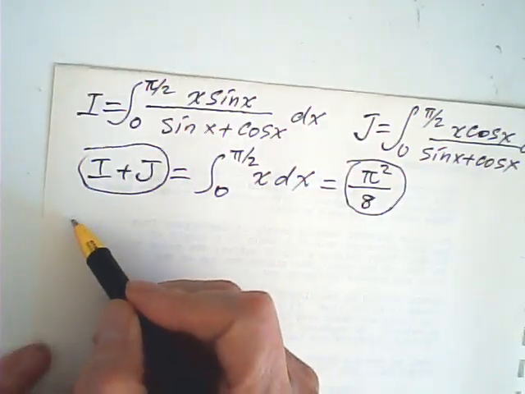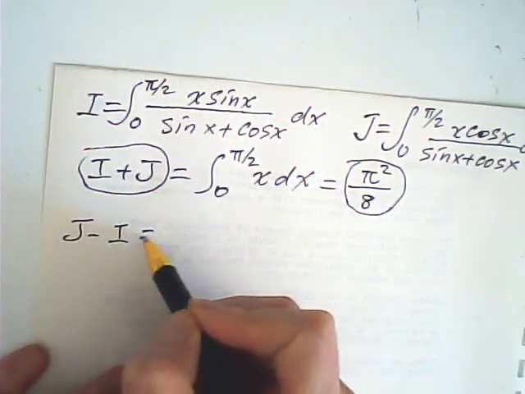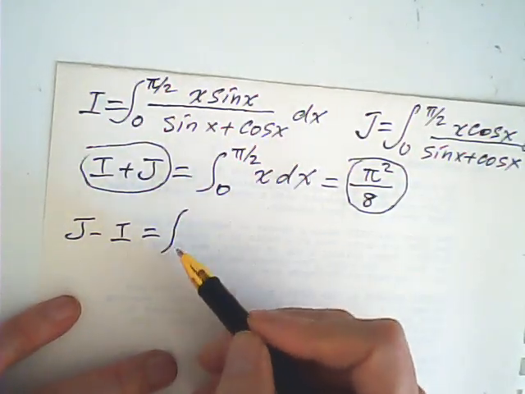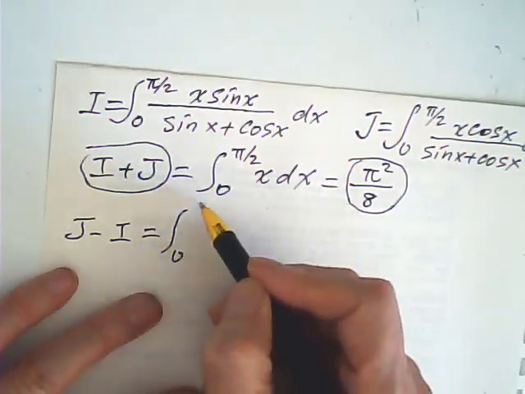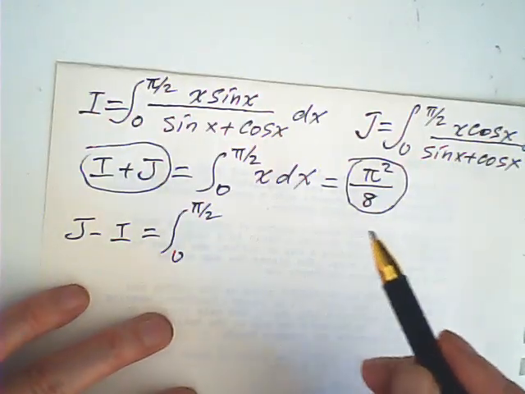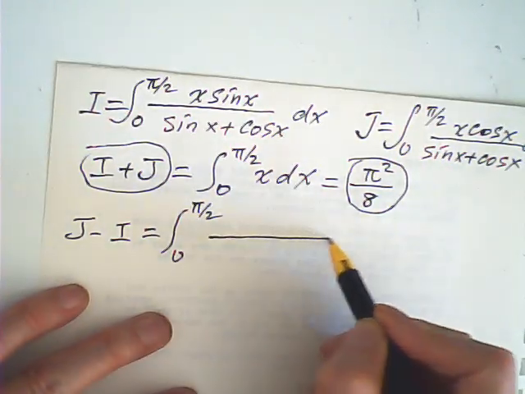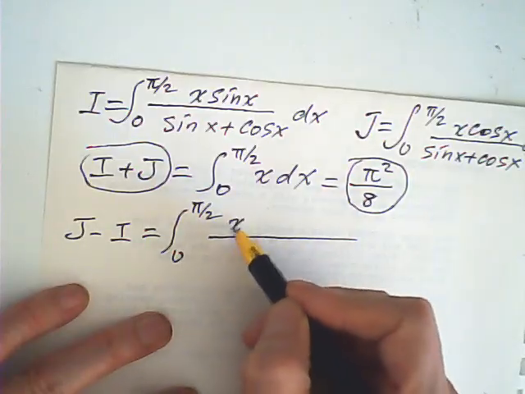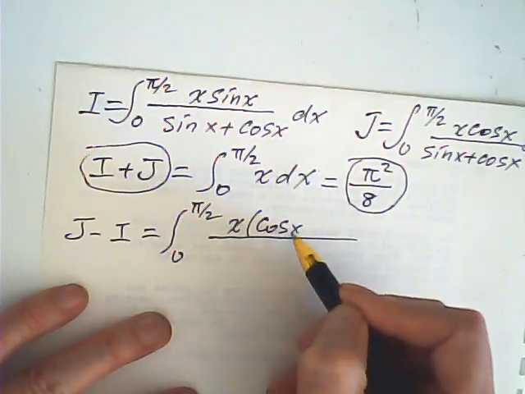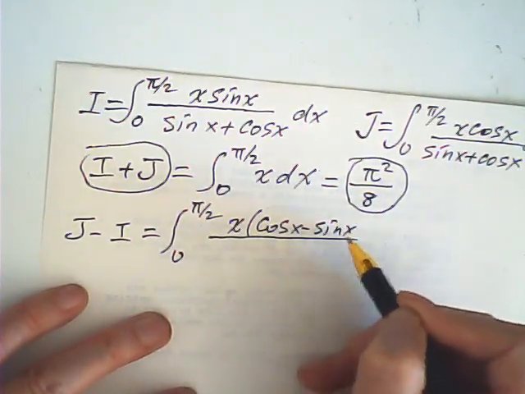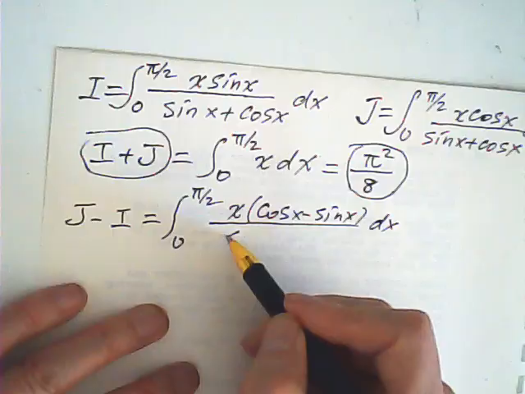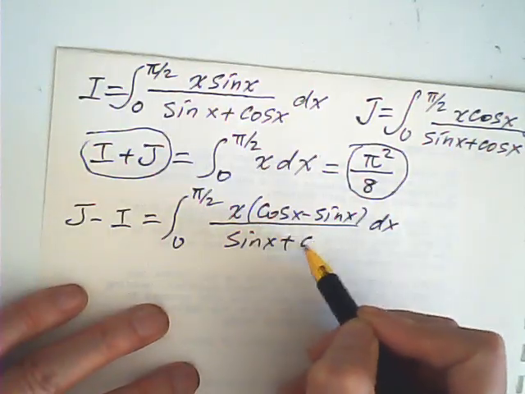Now, J minus I is not that simple. This will be equal to the integral from 0 to half pi. This x, the common factor will be x, right? Cosine x minus sine x dx,